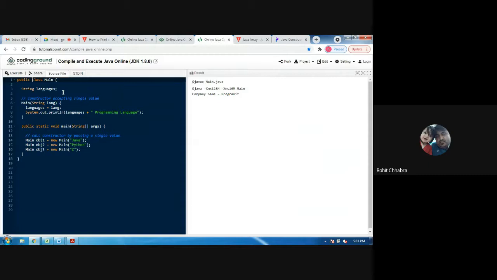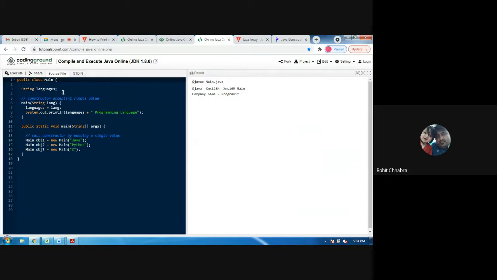Now what will it do? Whenever object one is created, it simply goes to the definition of that constructor. Then language equals to Java from the second statement. Then it will print languages.